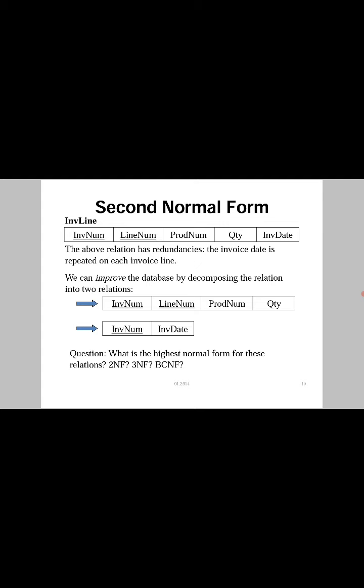So the above relation has redundancies. What are redundancies? Redundancies means duplication of values or duplication of data. The invoice date is repeated on each and every line of the invoice line. So we can improve the database by decomposing the relation into two relations. The first one is the invoice table and the second one is